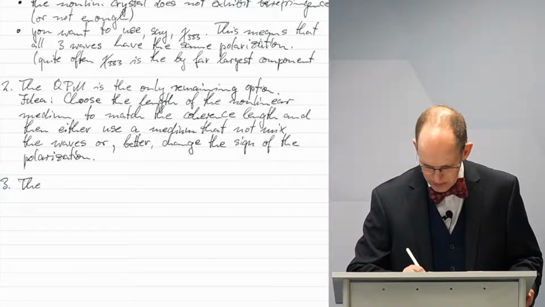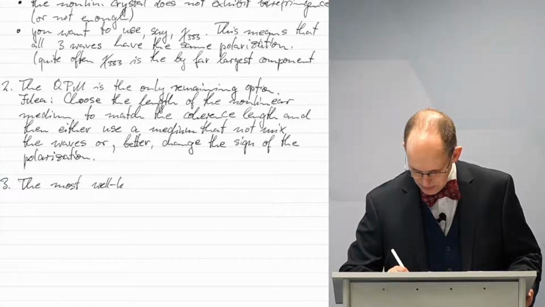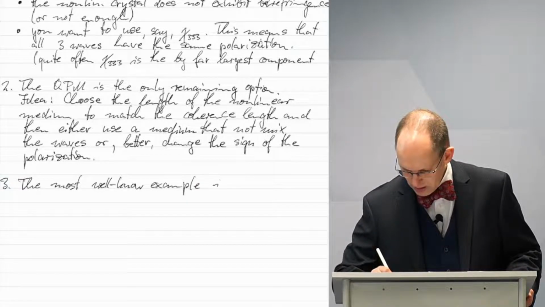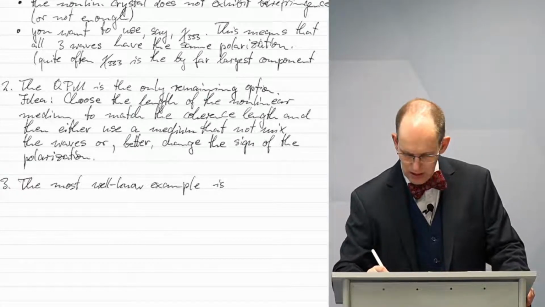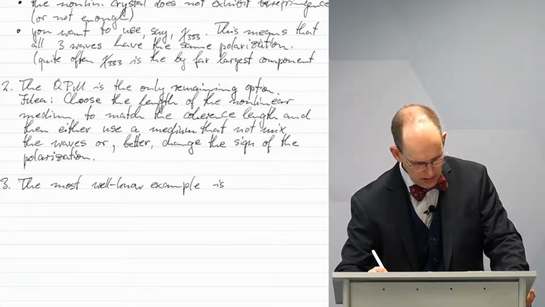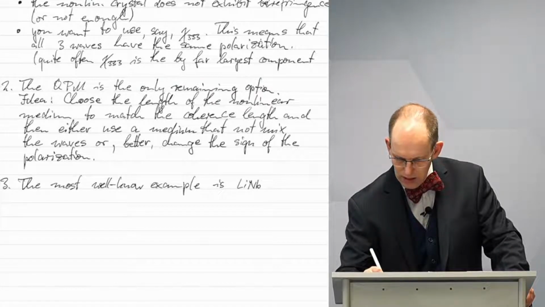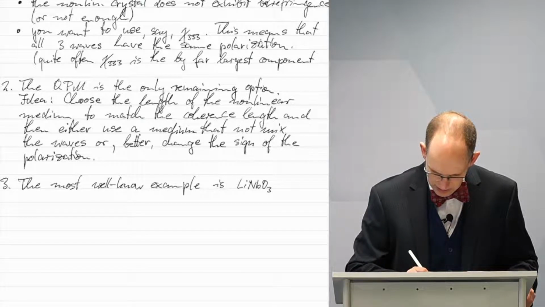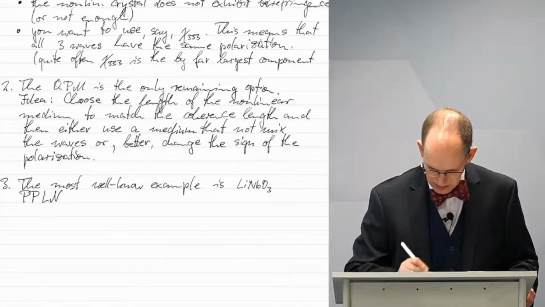So the most well-known example is Lithium Niobate. Is Lithium Niobate. And it's called PP. So this is